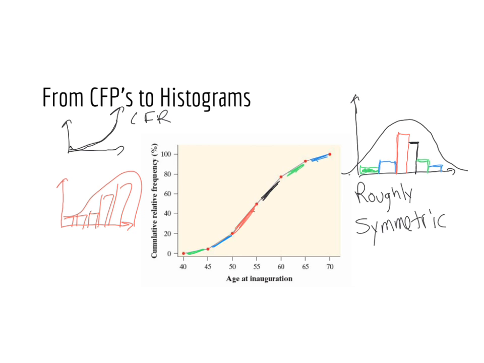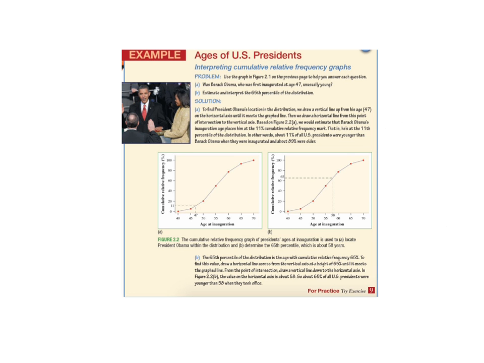Okay, so let's look at this example. I think we kind of went over some of it already, but let's tie in some of our thoughts here. So, okay, this is the Barack Obama example. Barack Obama was the age 47, it says. Was that unusually young? So if we look